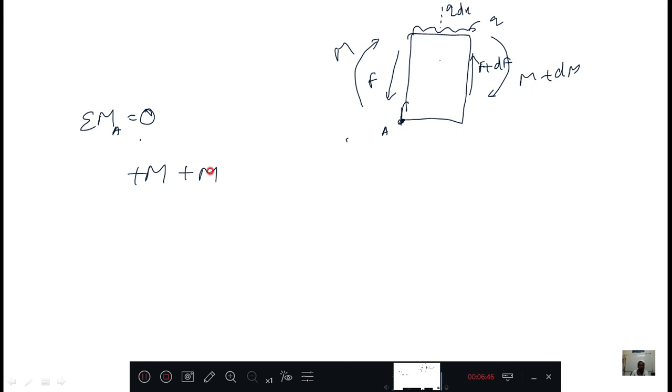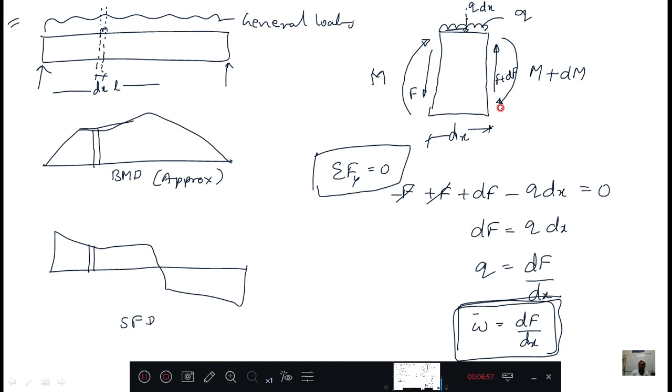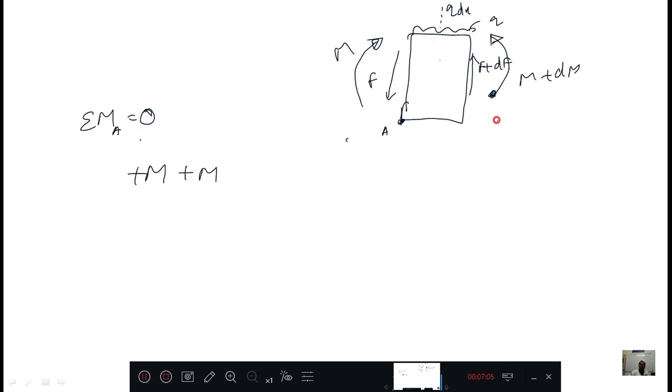These two moments I have to consider in opposite directions because they are resisting each other. This is one moment and this is one moment. Here actually this diagram is not like this, but earlier it was summation of Fy equal to 0. Moment was not coming into the picture, that's why it was not affected, but here it is affecting. And this is a clockwise moment and this is an anti-clockwise moment. Anti-clockwise moment means minus M minus dM. Moments were over. Then force, this F, that force is F plus dF, and the perpendicular distance is dx.